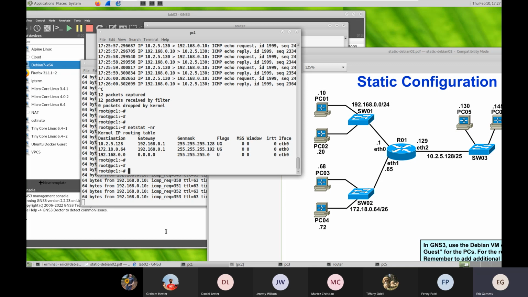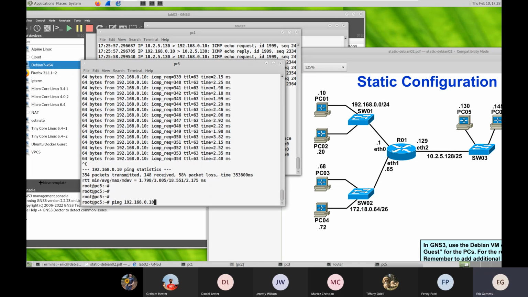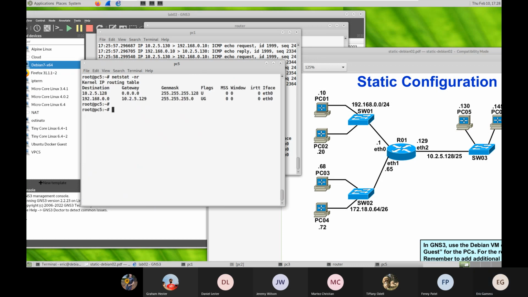If I look at the level of PC5, let me go back to PC5. Look at the routing table of PC5. What can you tell me with this routing table? Can PC5 reach, for example, PC2? Why not? He doesn't know PC2, but he knows the network of PC2. Look at this entry. This entry says, for any device that is in the network